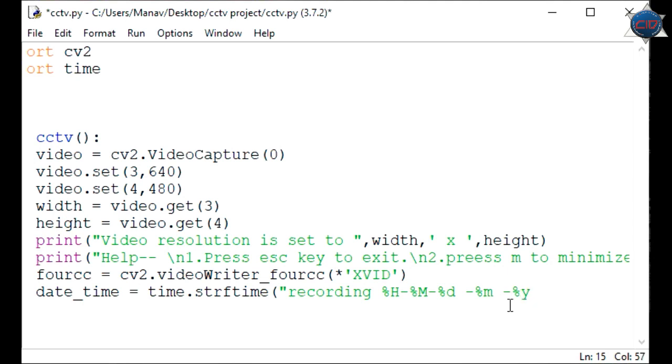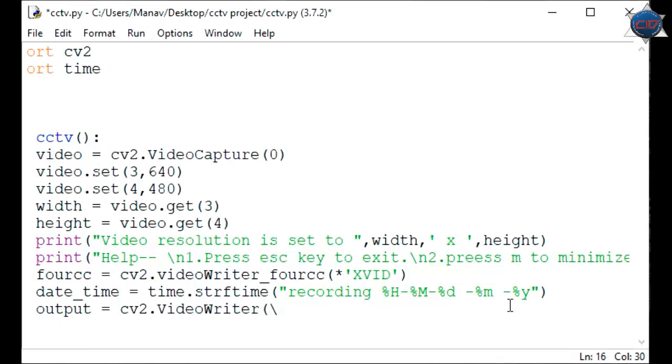Now that's enough. And now I'll make the output as a video file. So I'll output it to another folder. I'll create a folder with the video writer, and I'm making a folder called footages here.